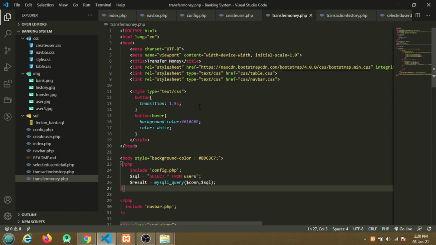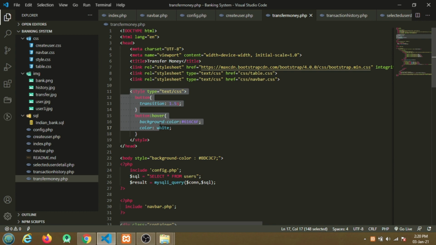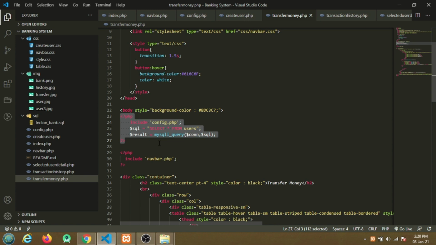So this is our transfer money page. Here you can see I have added a style tag, in which if any user hovers his cursor on a button, then its color changes. After that I have simply included the database connection page. Here, select star from users means that in the users table all the users' details will be fetched and shown on this page.